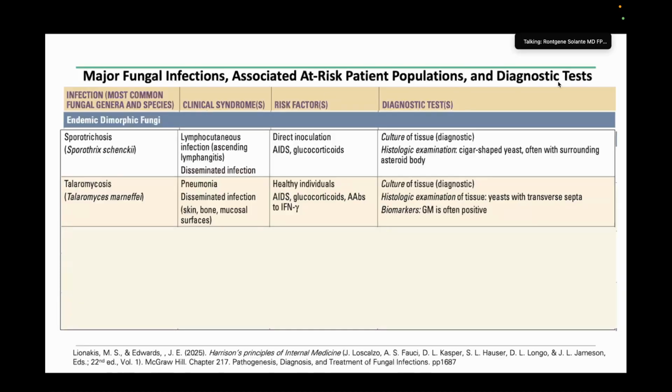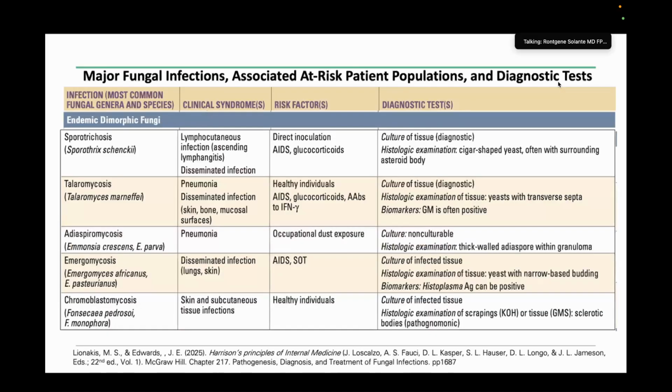Then talaromycosis, again, a not so common type of dimorphic fungi. The most common species here that is being exemplified with talaromycosis is Talaromyces marneffei. So this is an infection that is commonly causing disseminated infection in patients with HIV and AIDS and those patients on immunosuppressive drugs. Now, talaromycosis can also cause pneumonia, but mostly in healthy individuals. And at times, the prognosis here is good, unlike your other